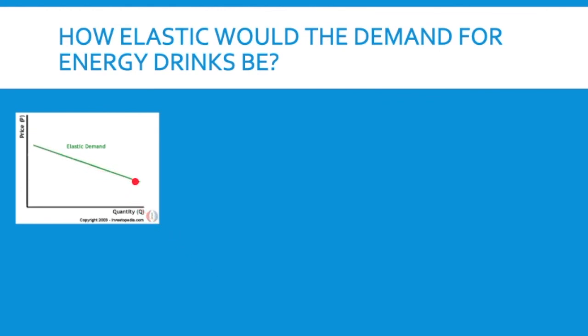You might say, okay, I like energy drinks better than coffee, but they're expensive and I buy one every day. So now I'm going to buy coffee instead and save money, because it's a big part of my budget. If I buy it every day, it's a luxury item. You don't have to have it, and there's a readily available substitute. So the elasticity for energy drinks would be elastic because you could get other things.